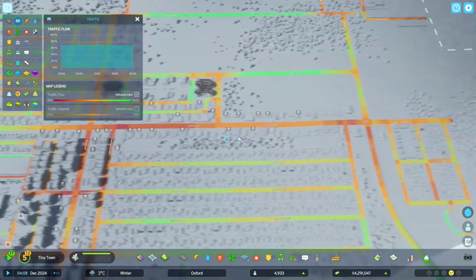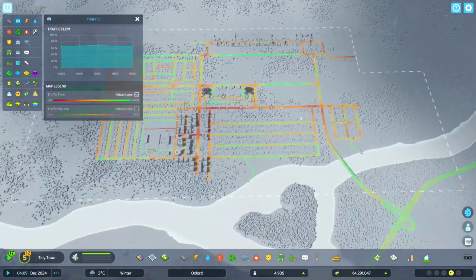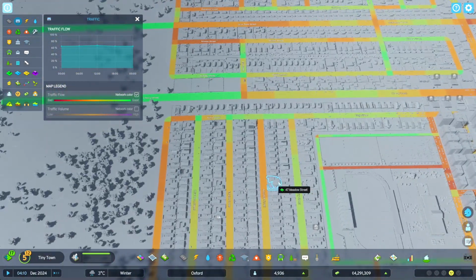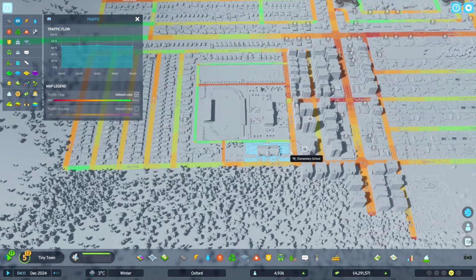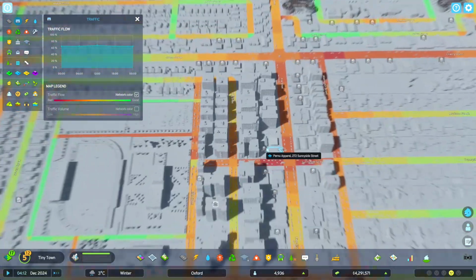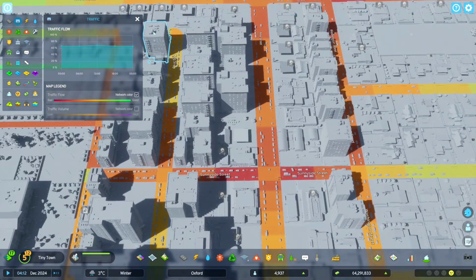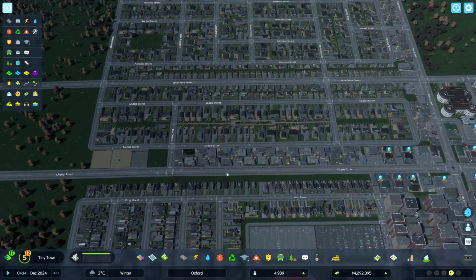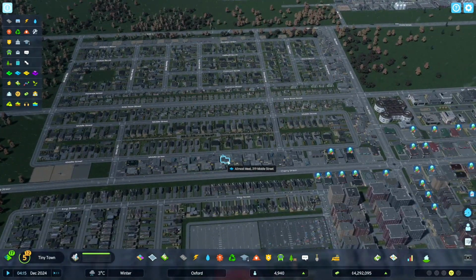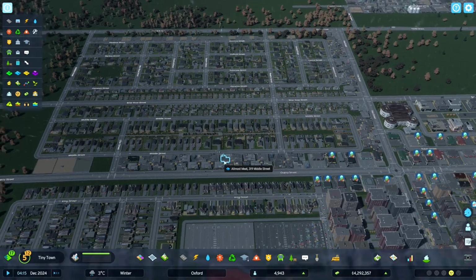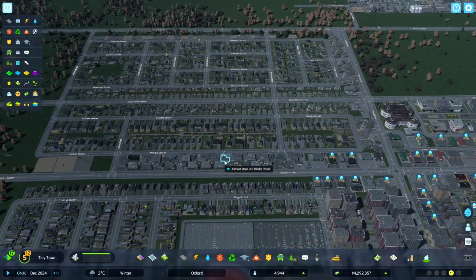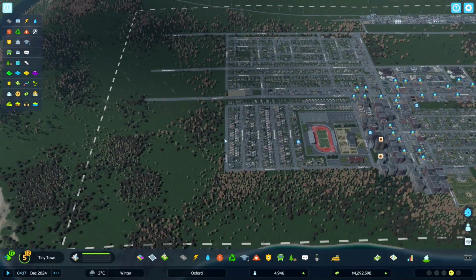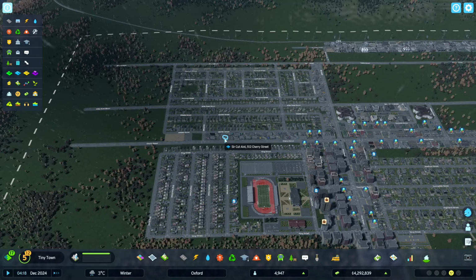You can see this main intersection coming in from the highway and this main intersection here into that medium density area. It's mostly where we're seeing our issues. So a few problems. But before I get distracted by traffic, probably best to come back and do a bit more of this detailing, and then we can fix the transportation issues in a second.